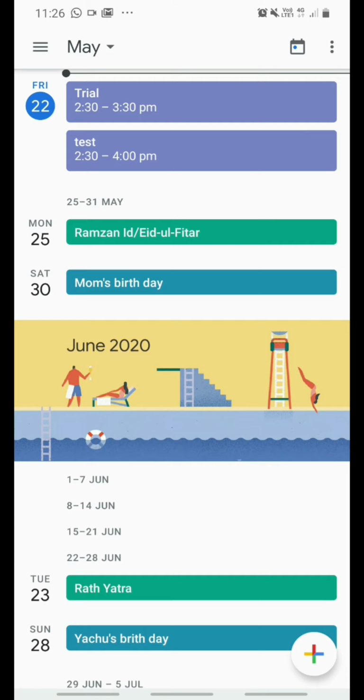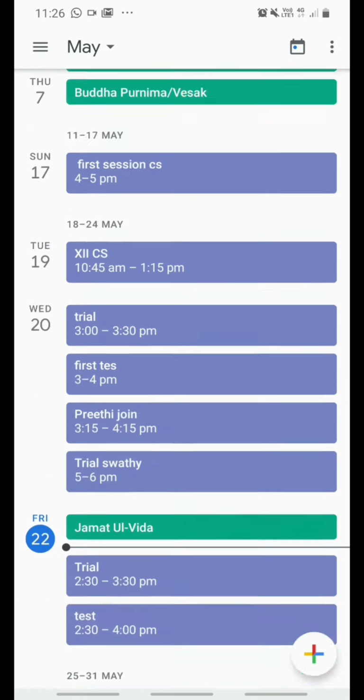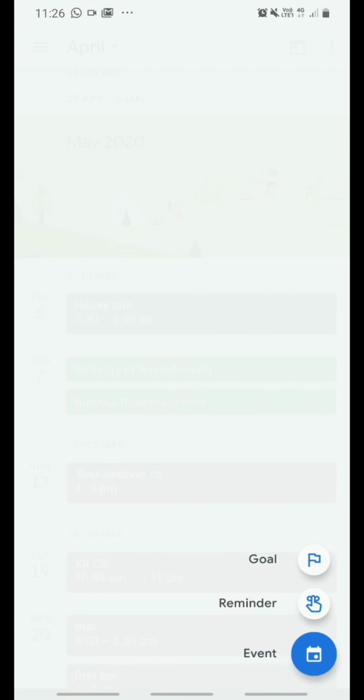Okay, then at the same time, which is the time scheduled for the meeting, they can enter our Google Meet app. Through our Google Meet app, they can ask permission to join. Then they can see that the online meeting is going on, then they can match it, or through the link they can join our Google Meet online session. Then they can have the session effectively using all these tools.